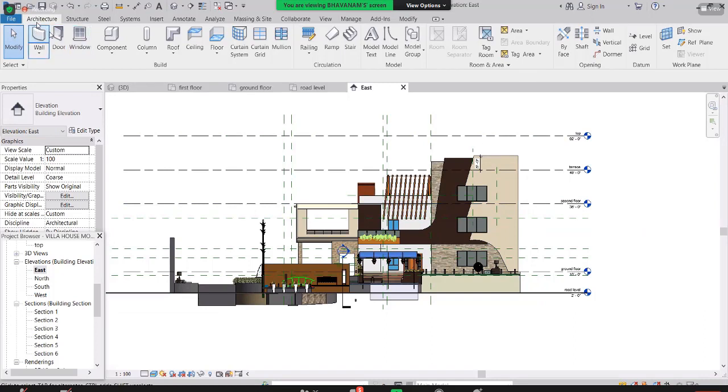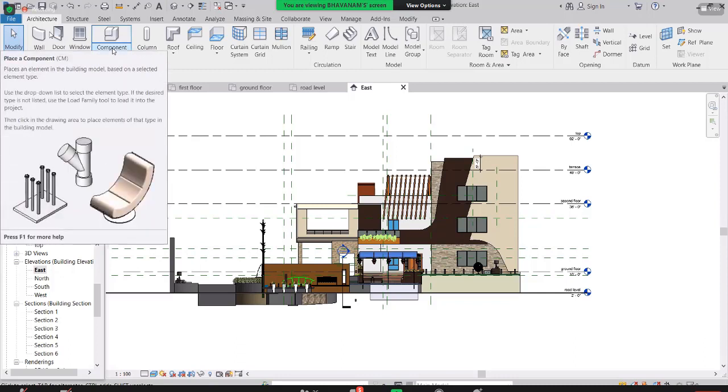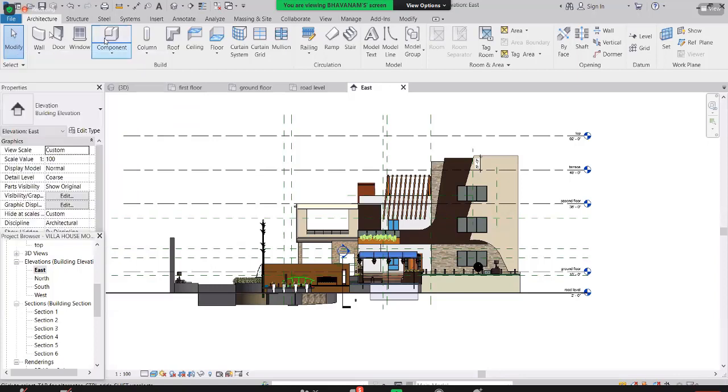Whenever you go to architect, if you wanted to draw a wall, you can draw here. And if you wanted to make doors, there are doors, windows and components. Suppose you wanted to make your own component, like a sofa or a bed, then you need to go to the components and you can make it. And here we have two columns. One is the architectural column, one is a structural column.